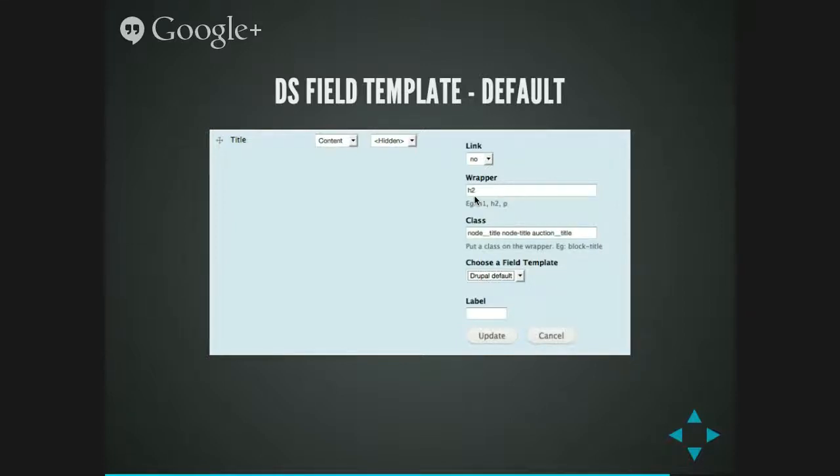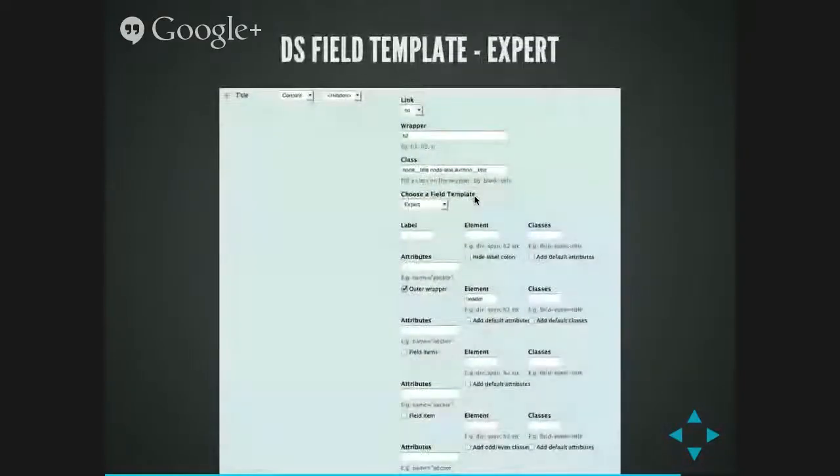Because in Drupal 7, it's not a field, it's like this privileged thing. That's different in Drupal 8, but not in Drupal 7. But if you use Display Suite, you can treat it like another field, put your own classes on it. In this case, we preserved the Zen classes as well. So this is the default one, and then you can also use this expert template. There's a couple others, but the expert one, you can really see that it opens up a lot of options to how you put classes on